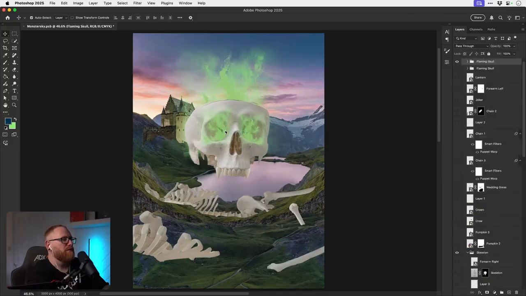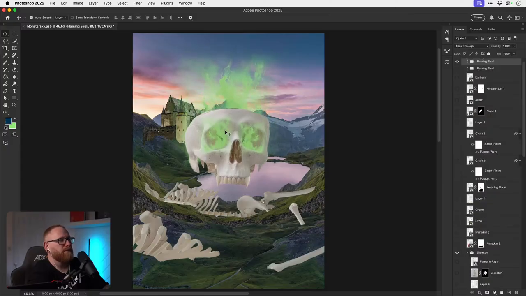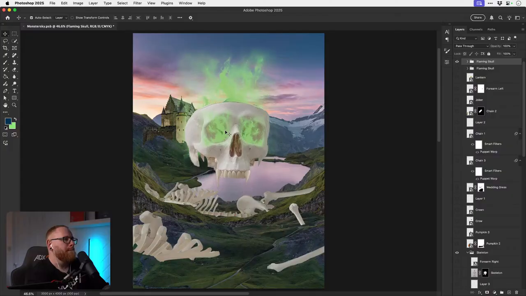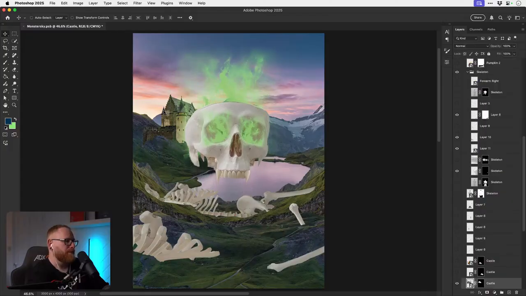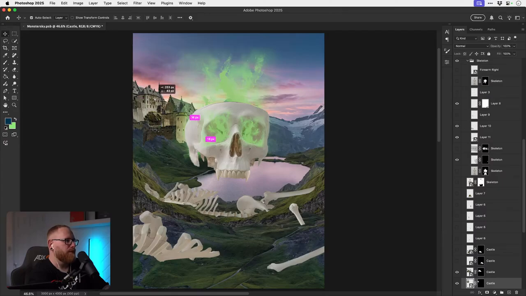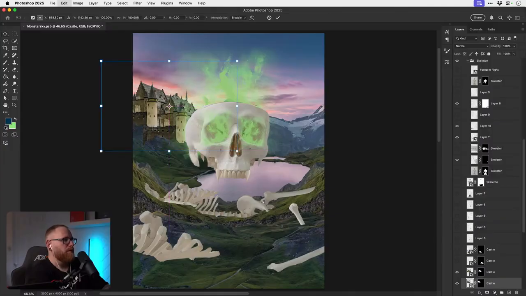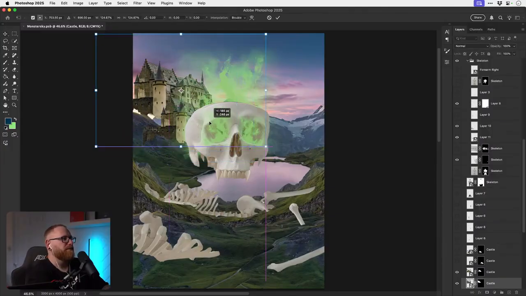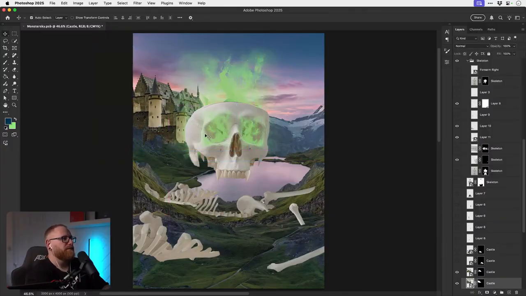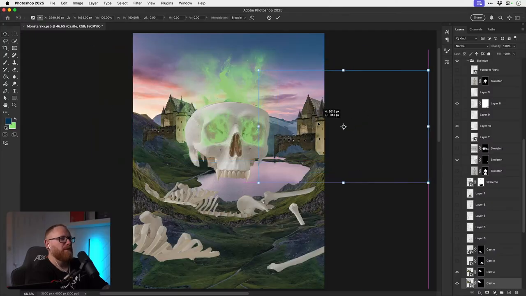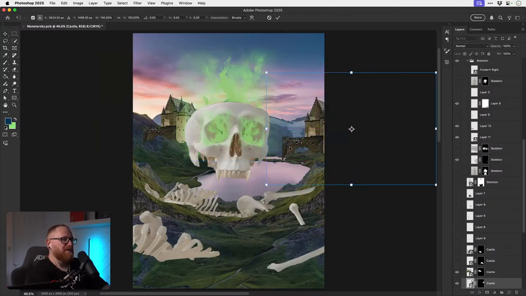Could move Flaming Skull down a bit. There we go. Proper hillside castle. This looks like a bit of a bridge, actually.